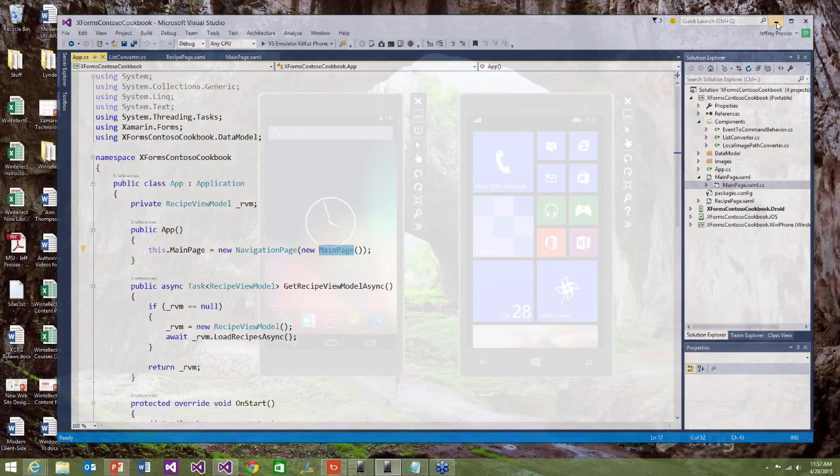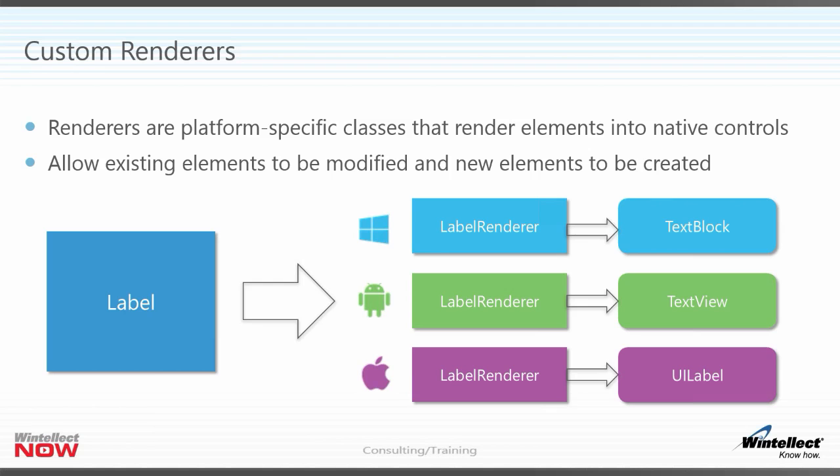Now, we're almost out of time, but let me mention this to you real quick, because I think early in the presentation I mentioned something called custom renderers. In Xamarin Forms, custom renderers are your best friend. Xamarin Forms is not for every application. When you want to have highly customized UIs that are not control-based, you may be better off using Xamarin and